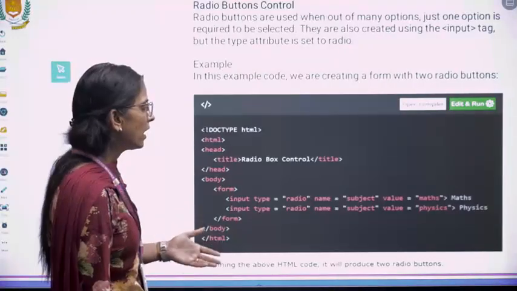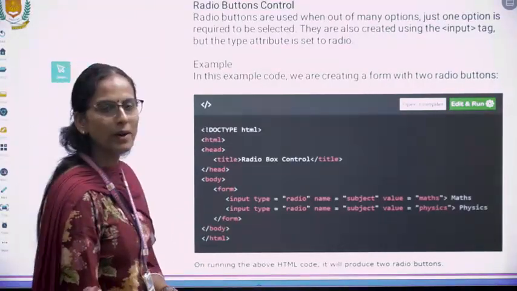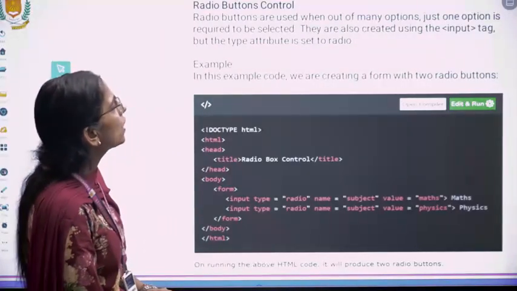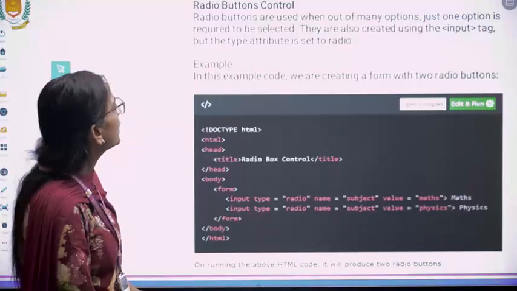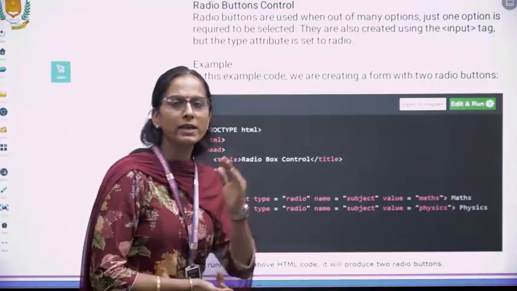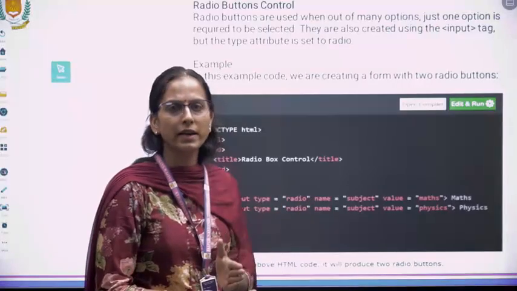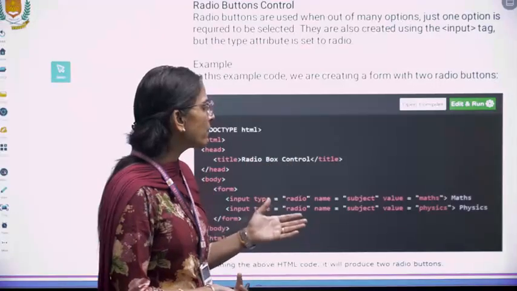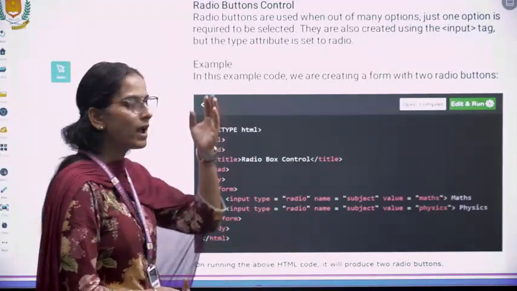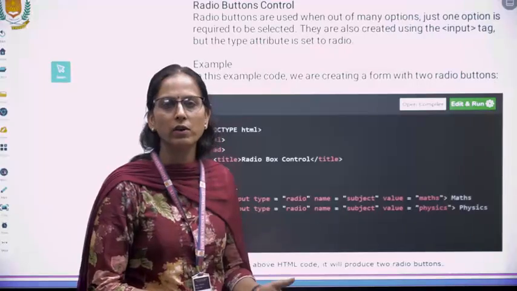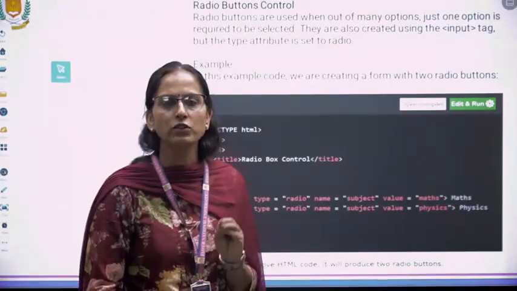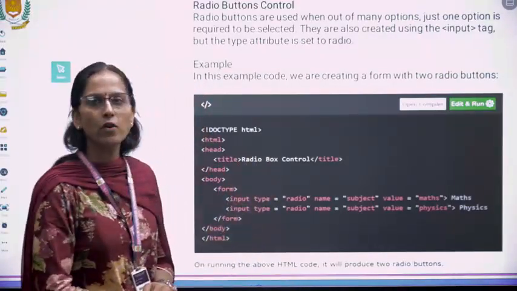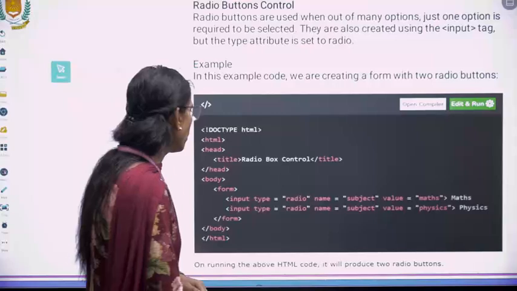See now, another one we have taken: radio buttons. How can these radio buttons be taken? Radio buttons are used when, out of many options, just one option is required. Yes or no, marital status, married or not, fee is paid or not. In these types of things you can choose. If you have given 4 subjects, and out of the 4 subjects the student has to select only one, in these types of cases we choose the radio buttons.